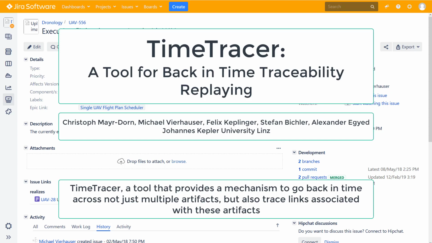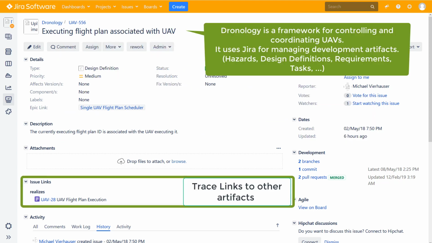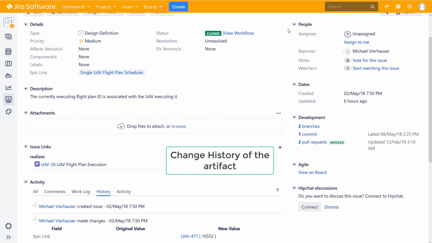Welcome to the demo for TimeTracer, back in time traceability replaying. We use Chronology as an example where we have a lot of issues that represent requirements, issues, safety cases,